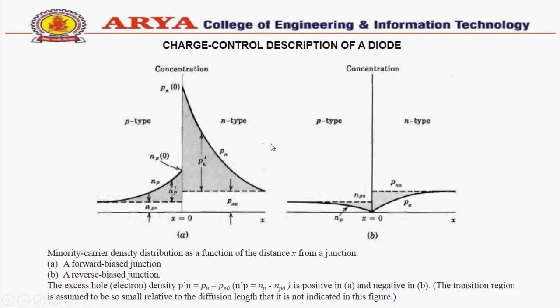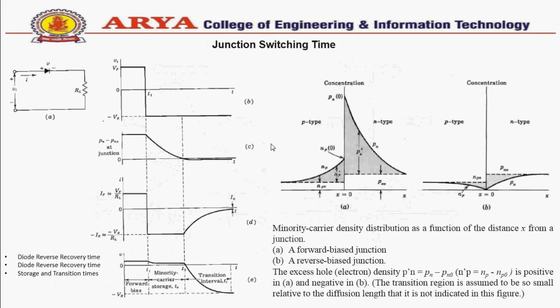To understand junction diode switching time in depth, we now take a case study. When a diode is driven from the reverse bias condition to the forward state or in the opposite direction, the diode response is accompanied by a transient and an interval of time elapses before the diode recovers to its steady state. The forward recovery time t_fr is the time difference between the 10% point of the diode voltage and the time when the voltage reaches and remains within 10% of its final value.